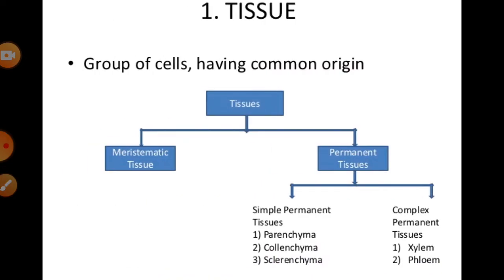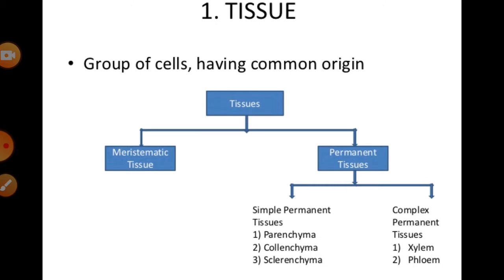So if we talk about the classification or grouping of the tissues, they are classified into two categories, that is called the meristematic tissue and the permanent tissue, right? If we talk about the meristematic tissue, they are generally classified into three categories, right? They may be primary meristematic or secondary meristematic, right? So on the basis of this they can be easily classified in different parts, or we can say the different